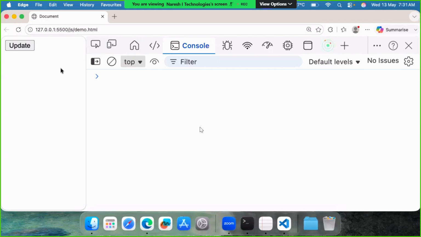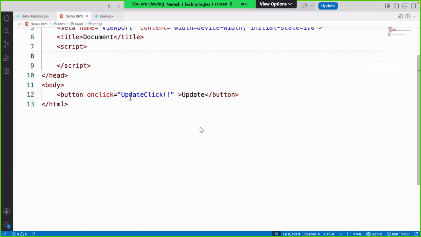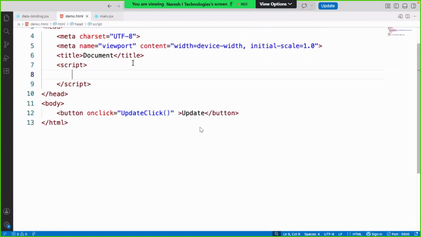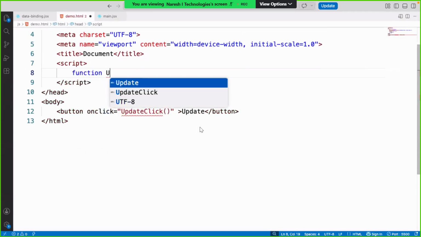But when I click on this update, now it will try to point towards the function and it is unable to find, then it will show error. So event is not calling the function, event is pointing towards the function. So that means you are not calling a function, we are pointing towards a function. So a function, update click,